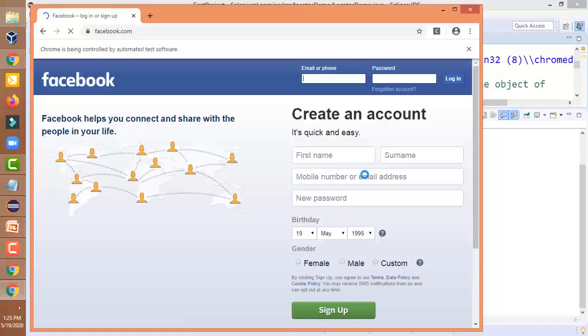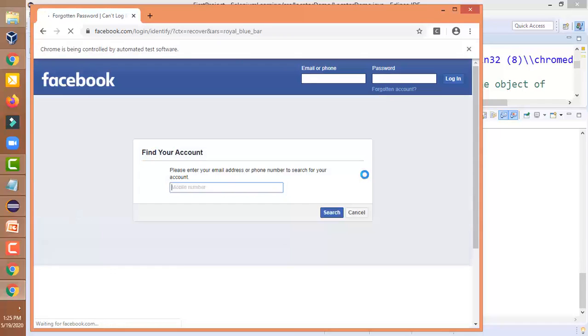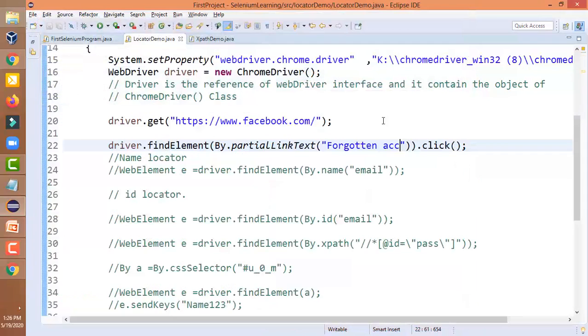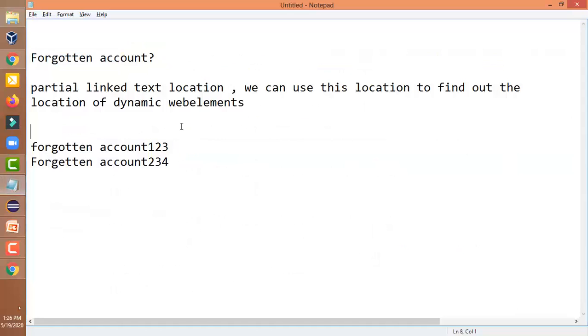So it has opened the page successfully. Now give it some time. Yes, this time it has successfully clicked on the forgotten account link. Sometimes it happens that we have selected the text wrongly, so we can check again. What I did is I included 2C also, extra 2Cs. Now this time it has found the element successfully. So it was the total link for the forgotten account.